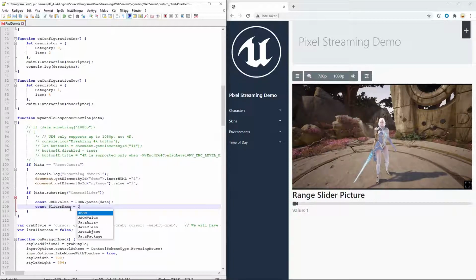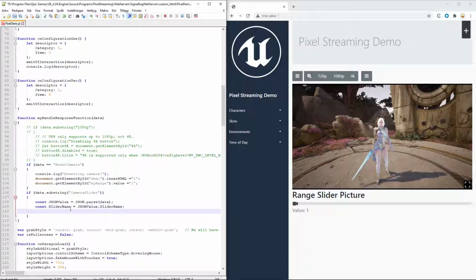That is the JSON value dot slider name, and create another one called slider value. That is the JSON value dot slider value.